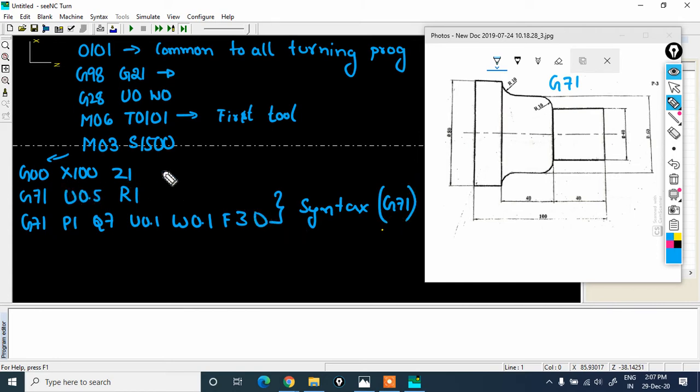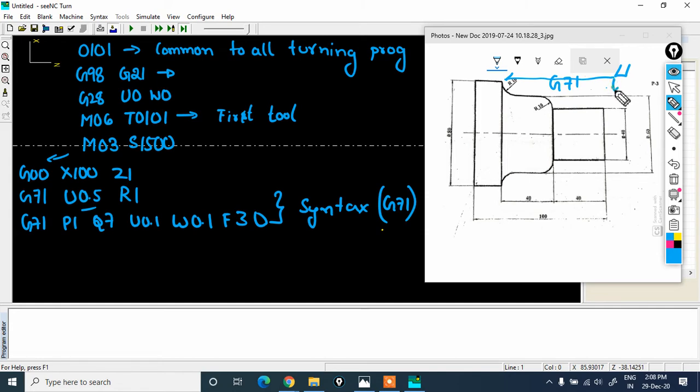Now as I said, G71 is stock removal in turning, so that the cutting tool will remove the material only in the direction of U. Okay, so our cutting tool will come and locate, and it will move parallel, it will remove, and again it retracts 1 mm, and it will come back to the same position, and again the dip will be based on this 0.5 if you have given.